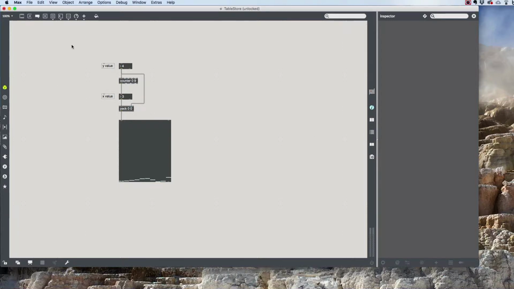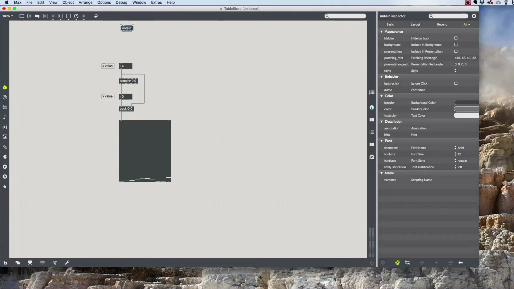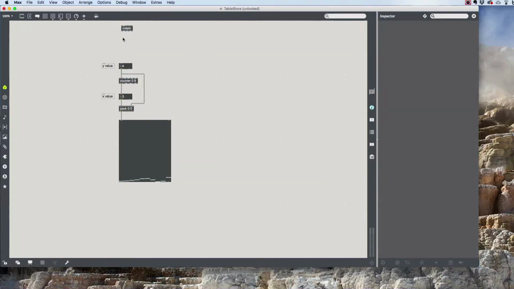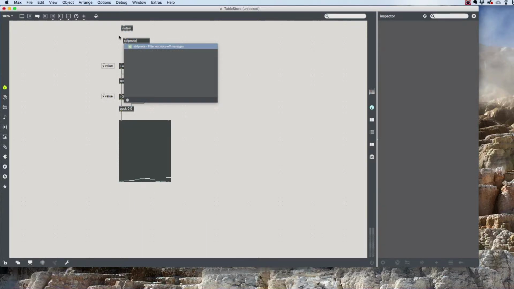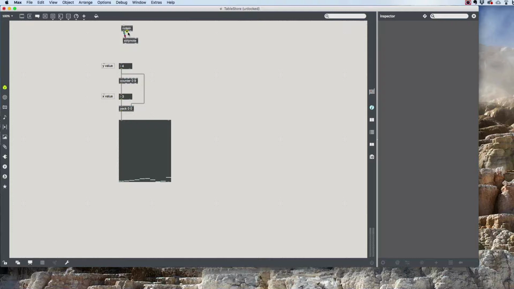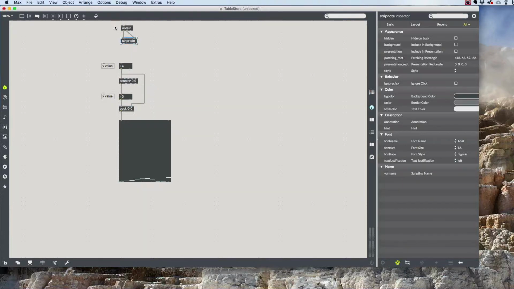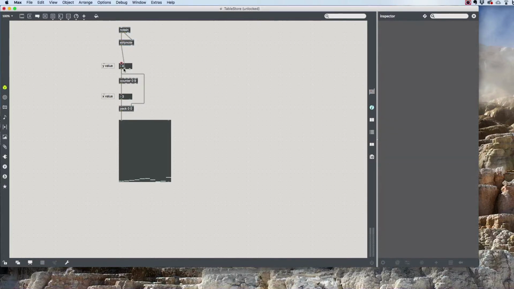Okay. Now, getting notes from the MIDI keyboard, easy. Let's do notein and stripnote, pitch, velocity, always need both. And now instead of typing my Y values, any note on message gets passed through. It'll be counted, and I can record. So play middle C, and I did not get